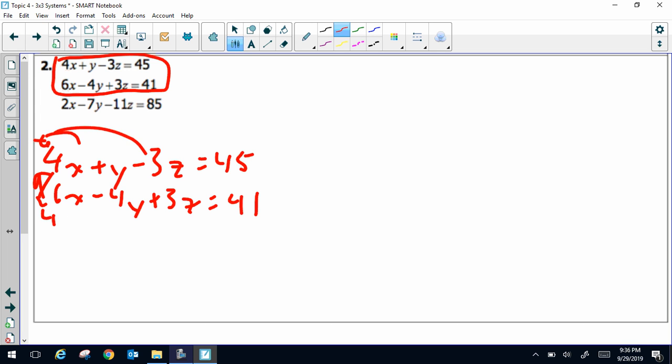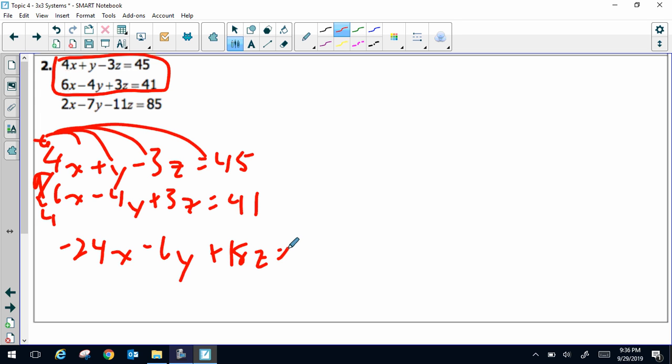So you're going to distribute that to all your variables. So you get -24x minus 6y plus 18z equals -270. You get positive 24x minus 16y plus 12z